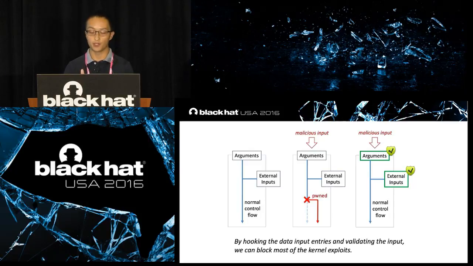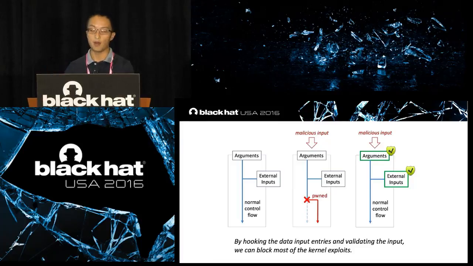Here are our design principles. Our observation is that the majority of the vulnerabilities come from insufficient validation of the input. So on the leftmost graph, you can see that a kernel function usually takes inputs from the arguments, or in the middle of the function, it will call copy from user to get inputs from the user land. If it fails to validate input enough, like the middle graph shows, if a malicious input comes in and it fails to validate the input, the CFG may be hijacked.